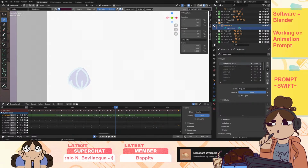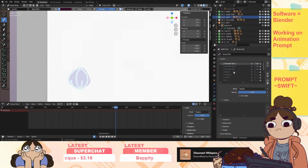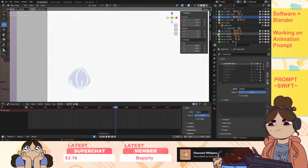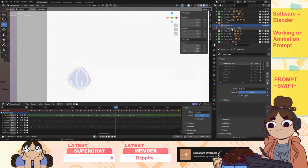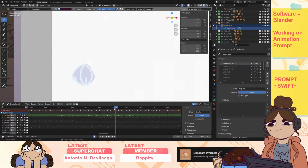But yeah, and if you are working on another one and you can't see the layers and things, that's because this would be activated. Sometimes you just got to click it off. So if I go back to draw mode,